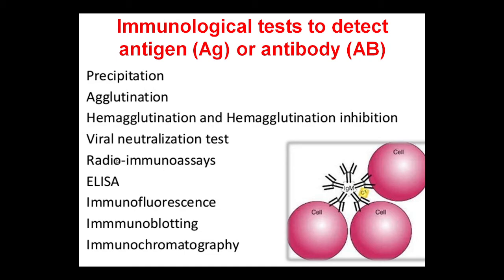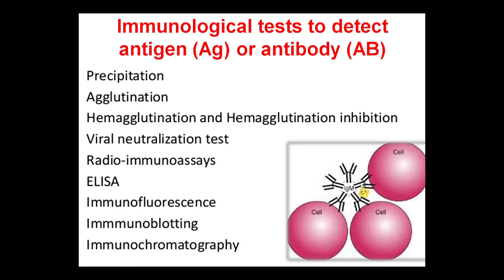Radioimmunoassay is an immunological test where you use radioactively labeled antigens or antibodies. ELISA, enzyme-linked immunosorbent assay, is a widely used immunological test that is also based on the antigen-antibody reaction. Immunofluorescence, immunoblotting, immunochromatography. Well, this is a list of the immunological tests that are realized due to the reaction of immunoglobulins